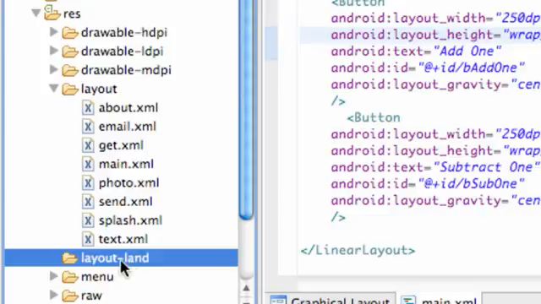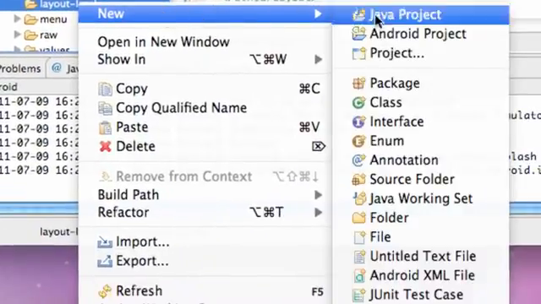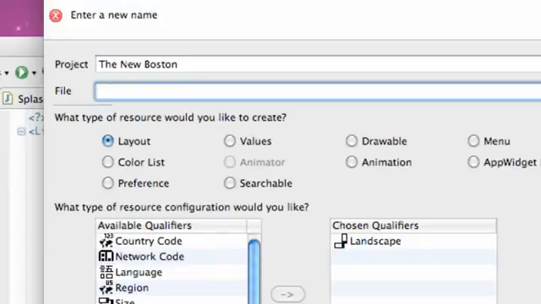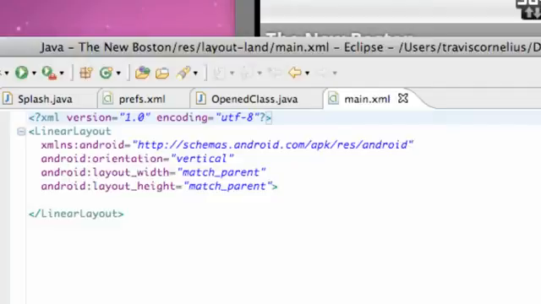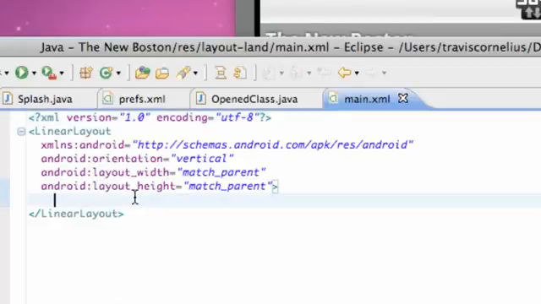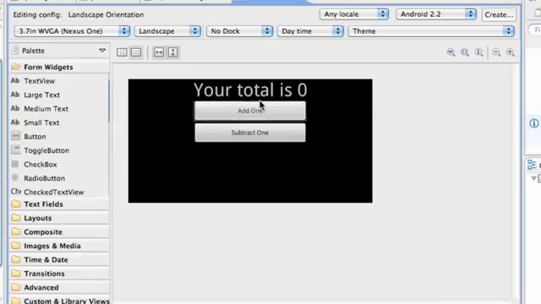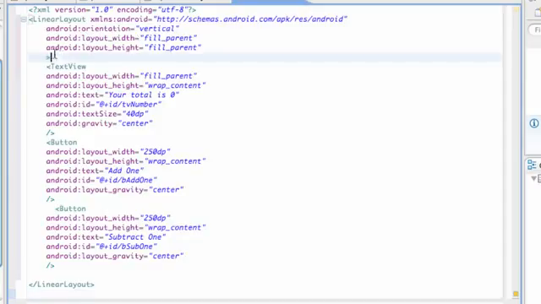So what we're going to do is right click on this folder and go to New Android XML file, and we need to call it the exact same name. So we're going to say main.xml. Again, it's a layout, but it has to be the same name as your portrait XML. So there we go, we have that set up. Now let's paste everything and check it out. That's what it's going to look like as of now, just like I showed you on the emulator. But now we're just going to change up something, so we're going to copy a linear layout